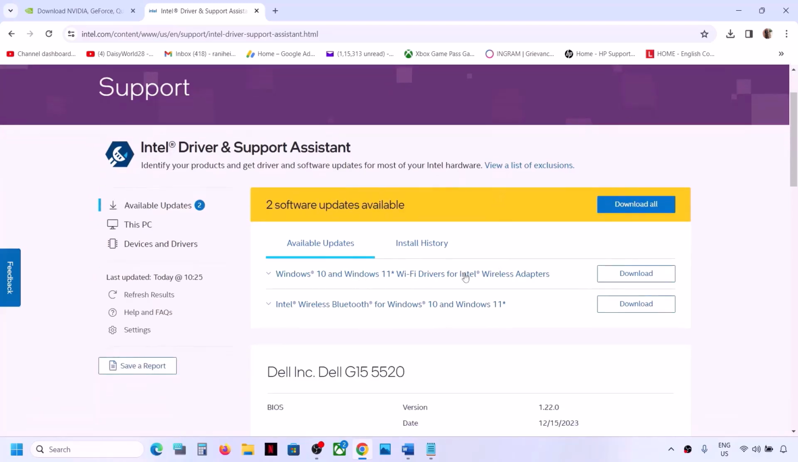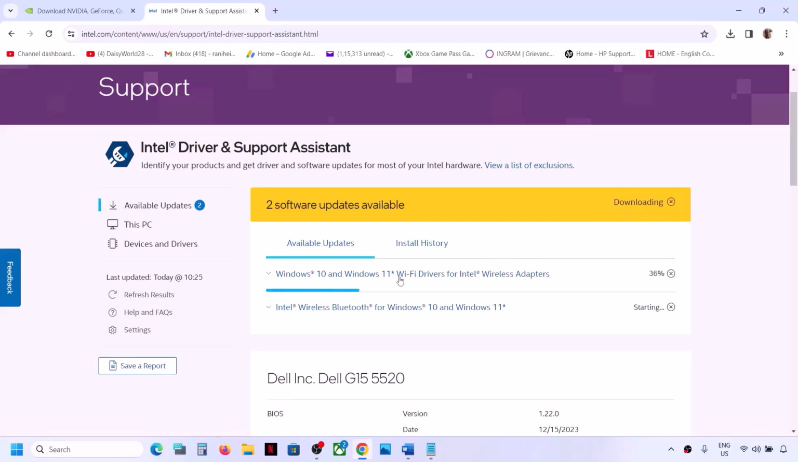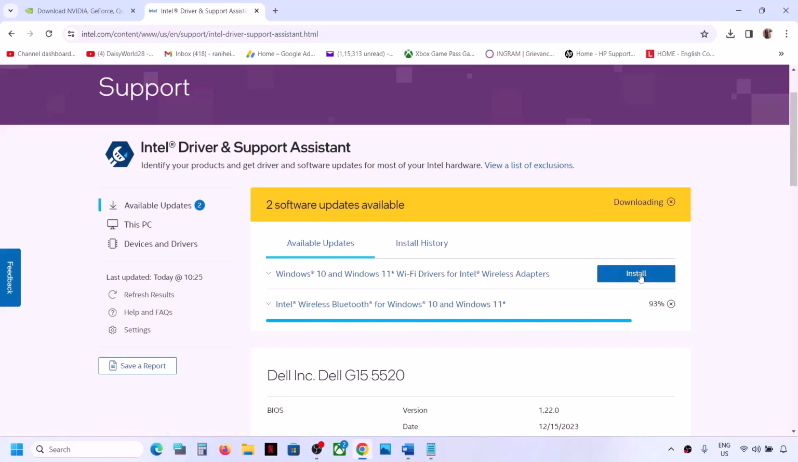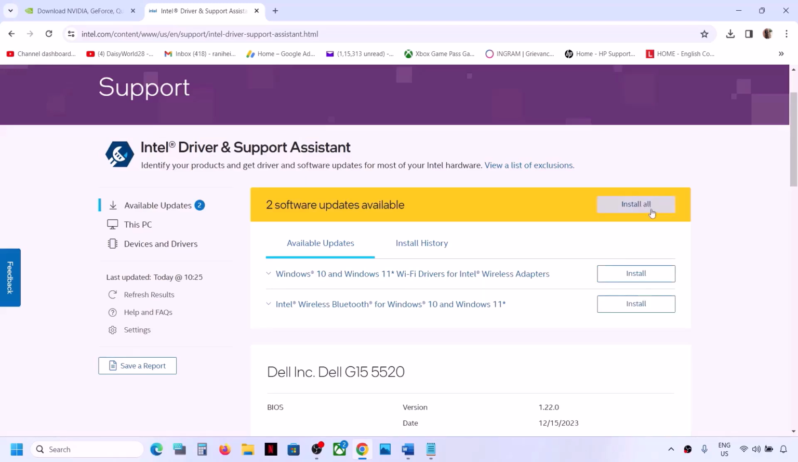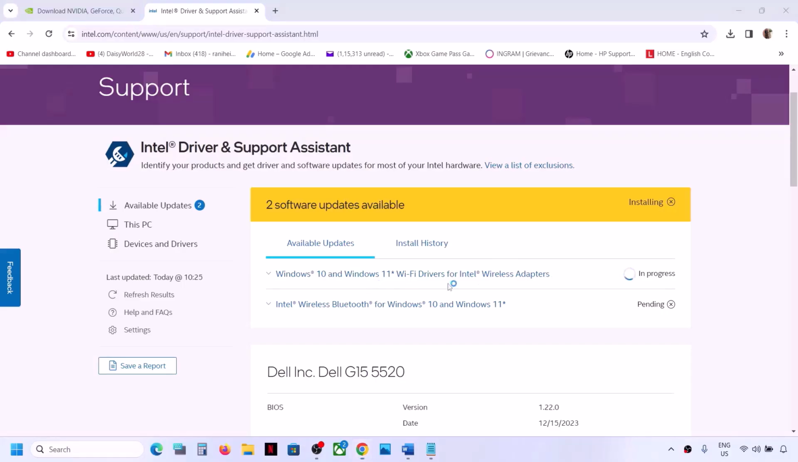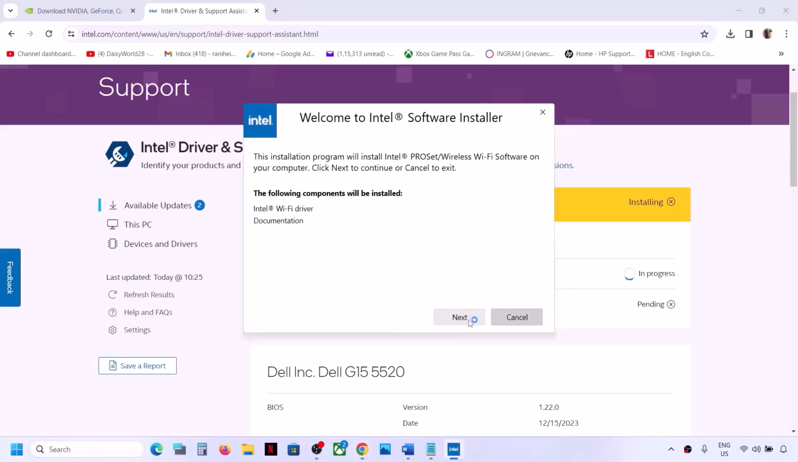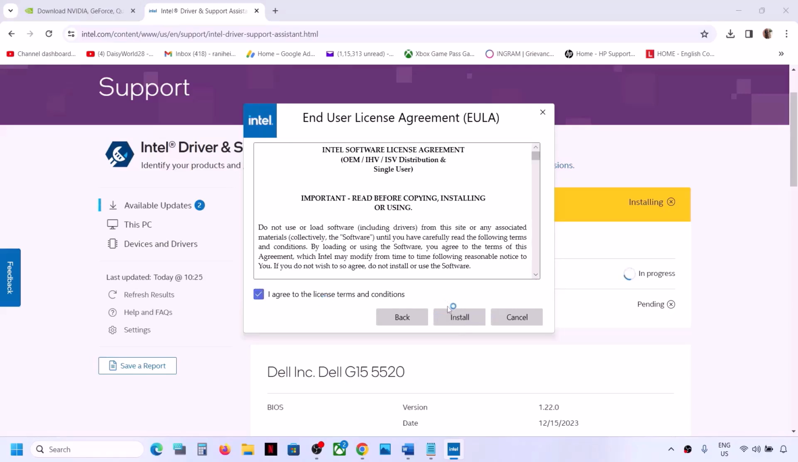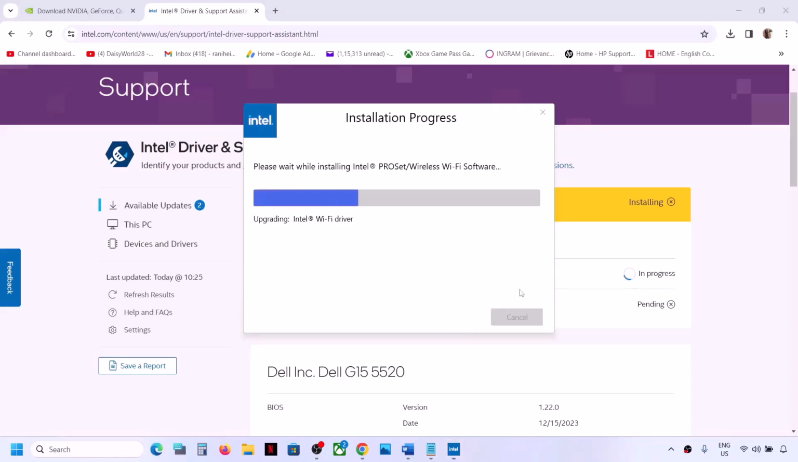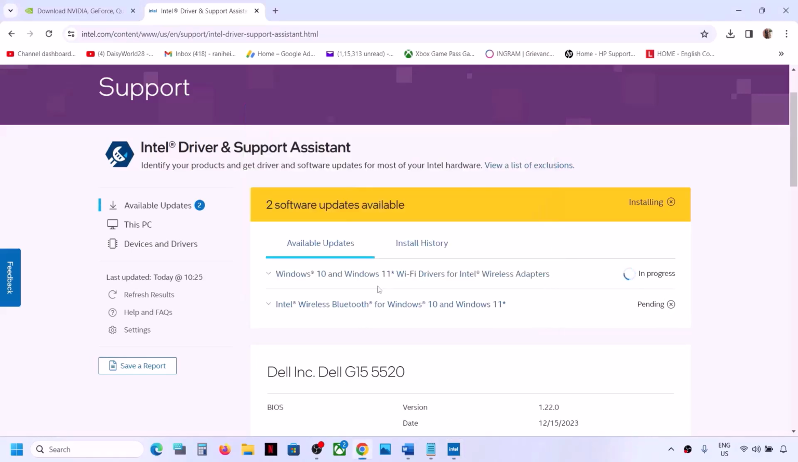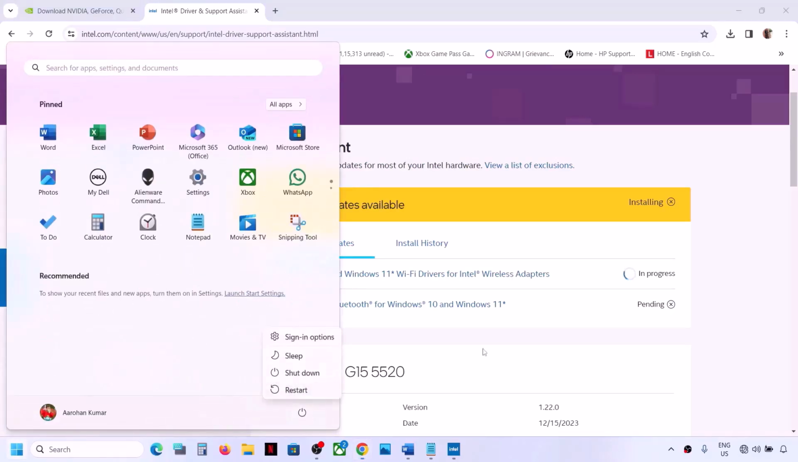And then if there is any update over here, it will give an option to download. So you can click on download all. And once the download is complete, now it will give you an option to install. So you can click on install all, click on yes to allow, and then let the installation complete. Let me install it first. Yeah, so let it install, and once all the installation is complete, you restart your computer, and after the system restart, you can check. But still, if you're facing the problem,